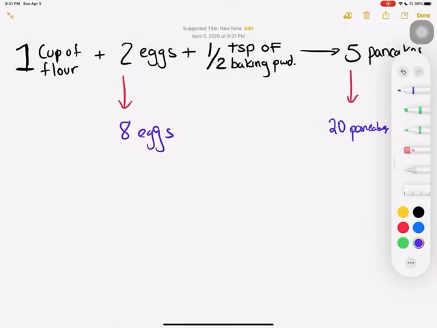Right? 5 times 4, that's 20, because 2 times 4, that's the number that I have, right? 8, and 5 times 4 is 20. Okay, so everything is increasing in proportion, okay? So what if instead of having 8, let's say,